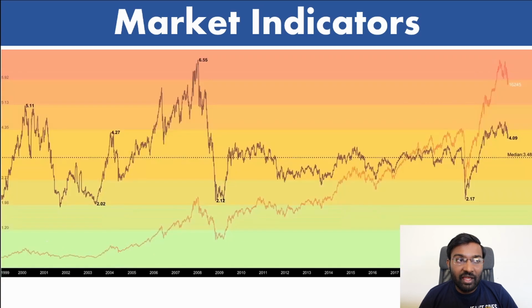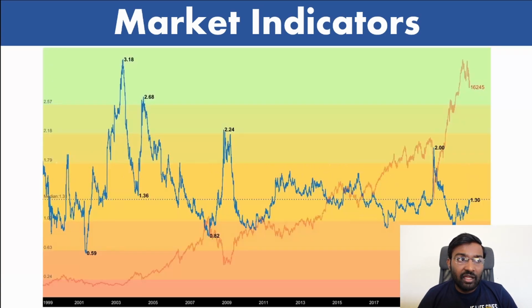If you look at the price to book, PB, for Nifty 50, it corrected but not to the level of the median. And the dividend yield rose to right about the median, which is 1.3. So dividend yield also came just about the median, so it's not undervalued or overvalued. So two of the three indicators are telling us that the market is trading at the historically median range. Let's have a look at what we can do, or what tips I can give you, in times of corrections and crashes.